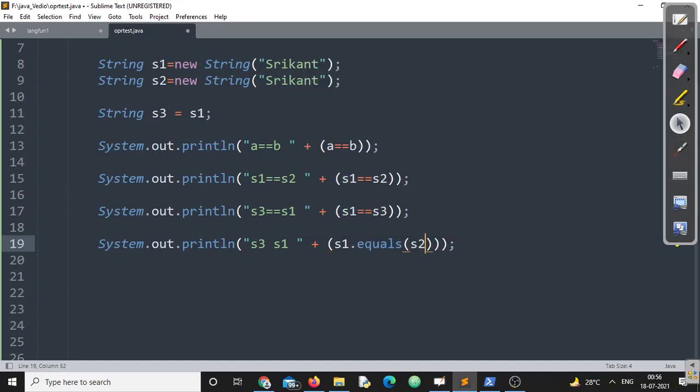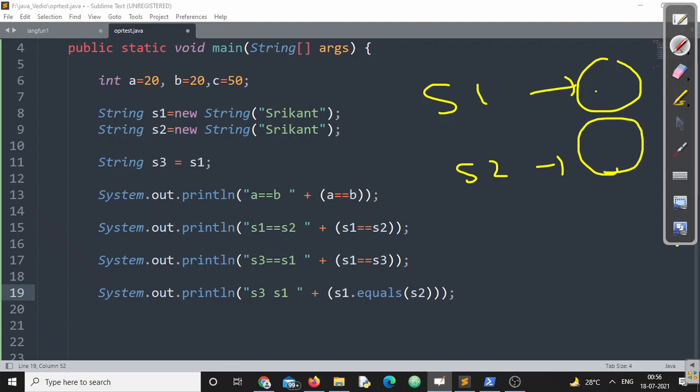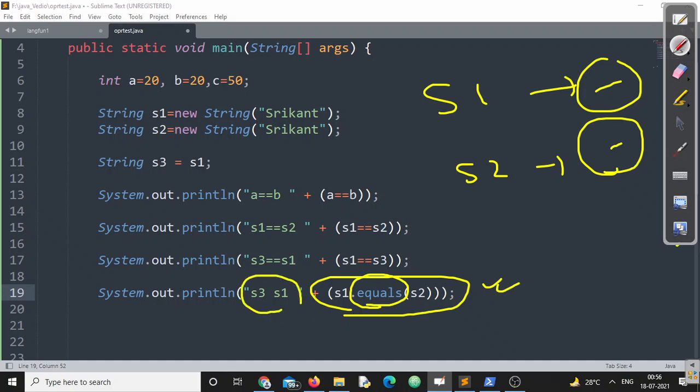See here, even if S1 refers to a different memory location and S2 is referring to a different memory location, since the content of S1 and S2 both are same, this particular operator will give me true value, because the equals operator always compares the content of reference variables, not the memory location. Make sure you understand this point.